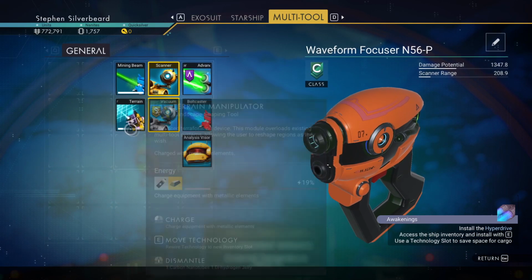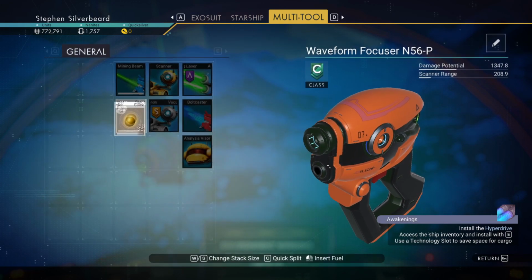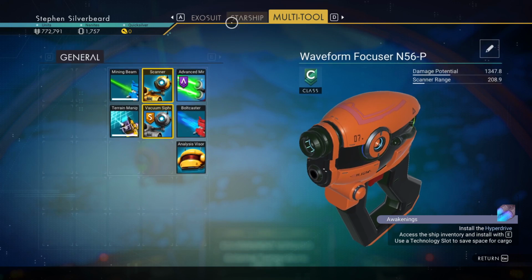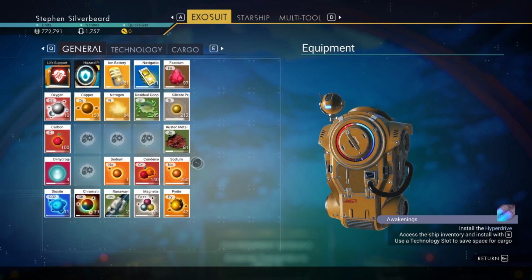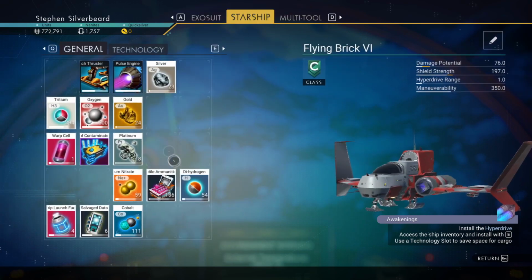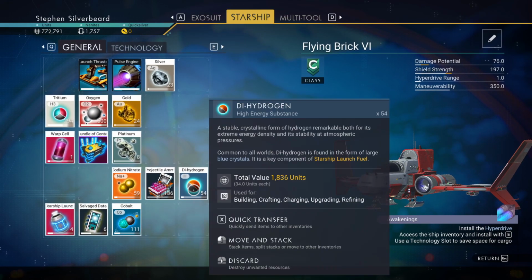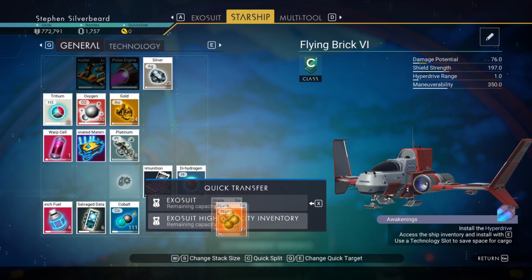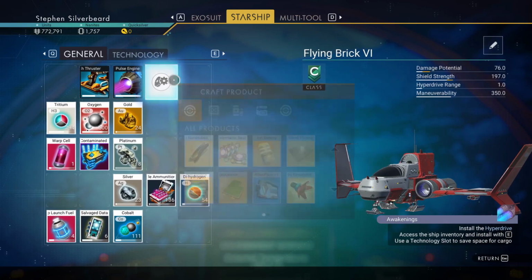That gets the bolt caster in there. We might as well that up while we're at it as well. It uses up a little bit of space here. If I send my hydrogen sodium nitrate, if we send that back to the exosuit, and then what we're going to do is